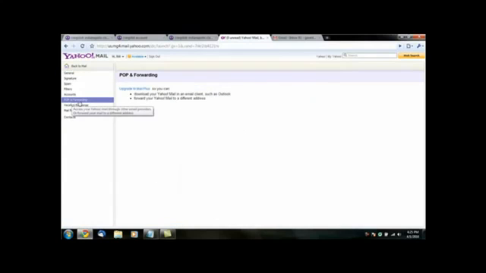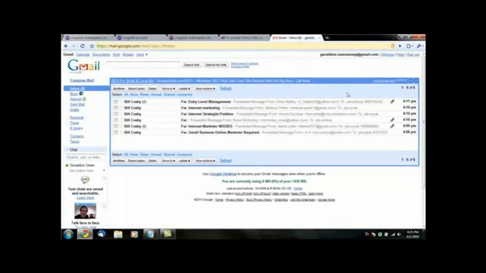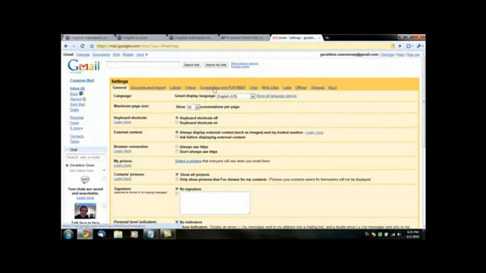I'm going to show you how to do this real quick. You can go to forwarding and POP/IMAP settings and forward a copy of incoming mail to an email address that will forward everything. However, if you may have other emails coming in, then what you can do is you can